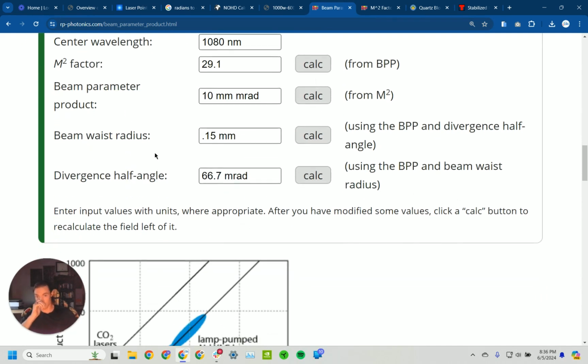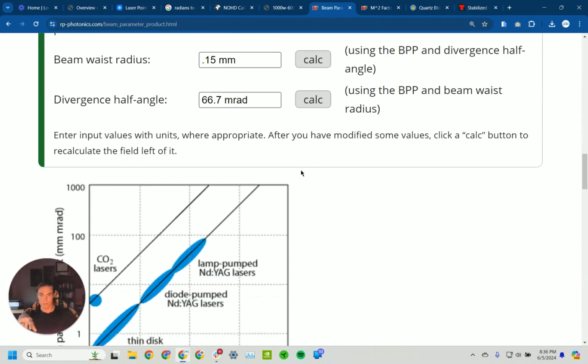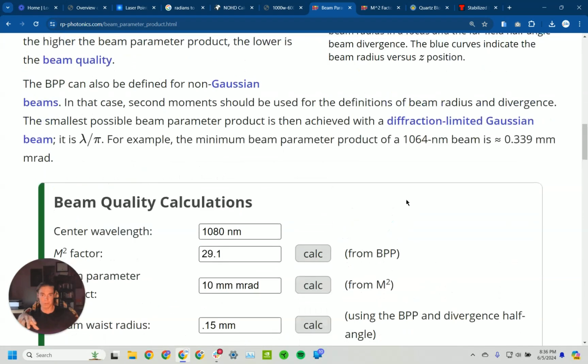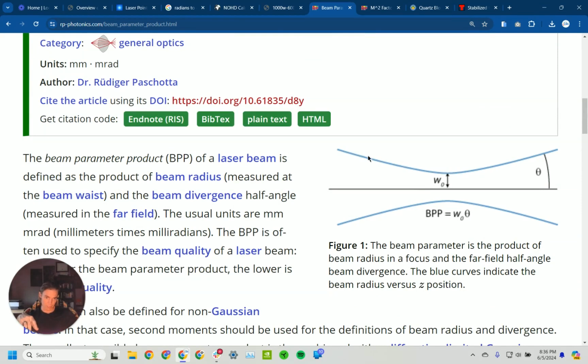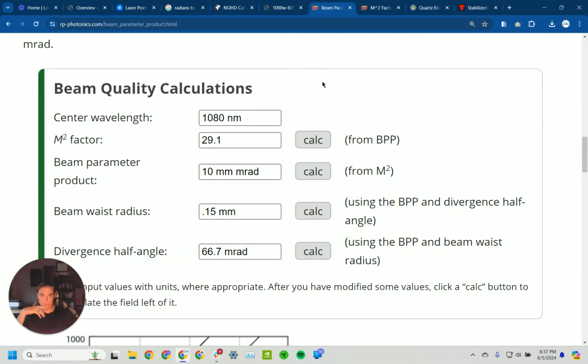And notice how crucial this beam waist is for the divergence angle. The smaller the beam waist is, the higher the divergence angle is. And it kind of makes sense. Like, the smaller this waist comes down to a point, the higher the angle is that you have to come in at, and vice versa. The higher the angle of the output, the smaller the beam waist is going to be. So we're going to go back to,